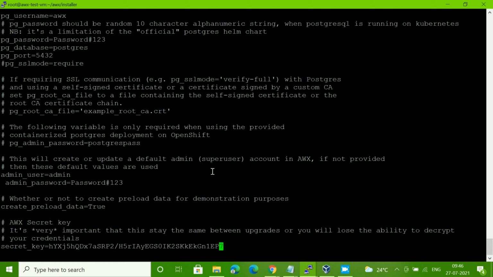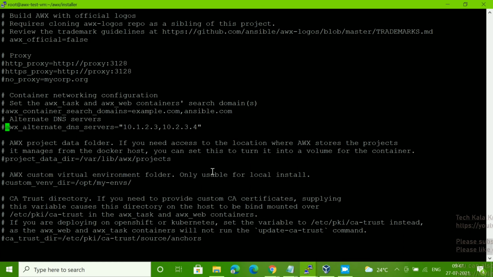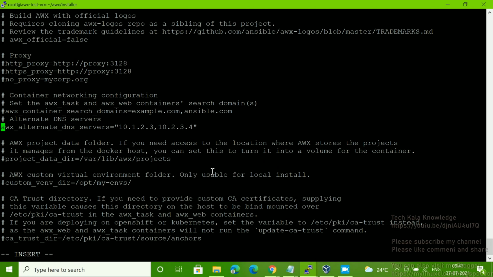Now we have to search for AWX underscore, what is that, alt DNS. Yeah, DNS. So we have to give the DNS details here. If you have any DNS details in your organization, you can use that. In my case I'm going to use Google's 8.8.8.8 and 4.4.4.4.